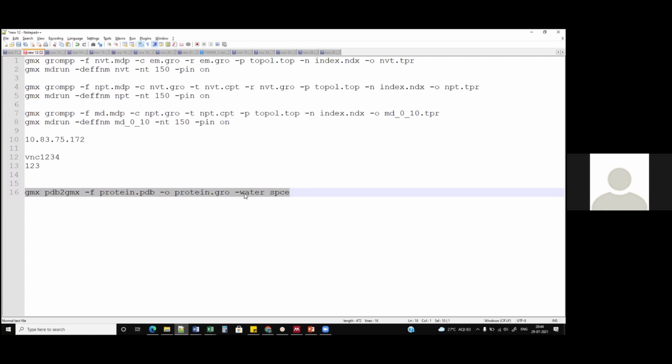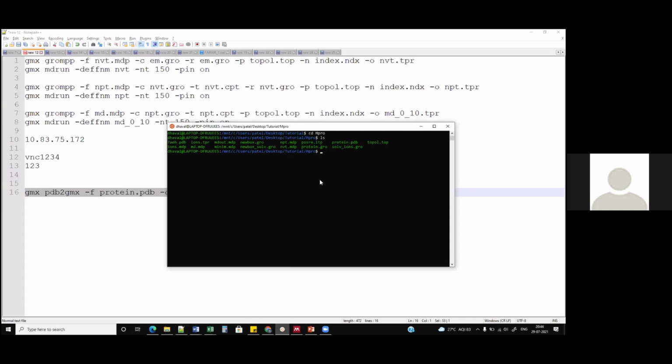But if you are not comfortable with Linux, you can obviously go for the Schrodinger Desmond software, which is also used for simulation. I'll just copy this command and paste it over here. Sorry.